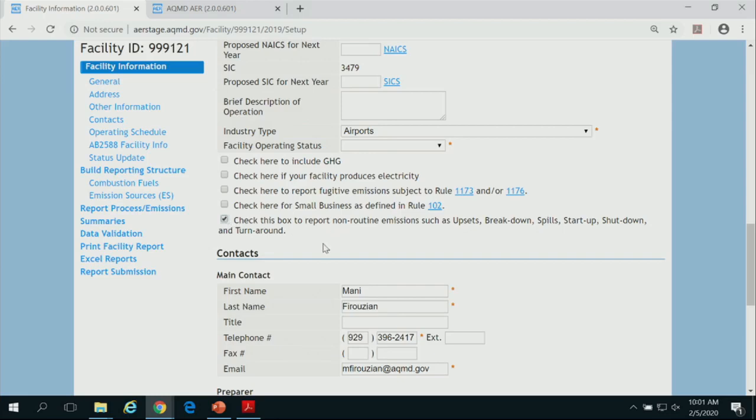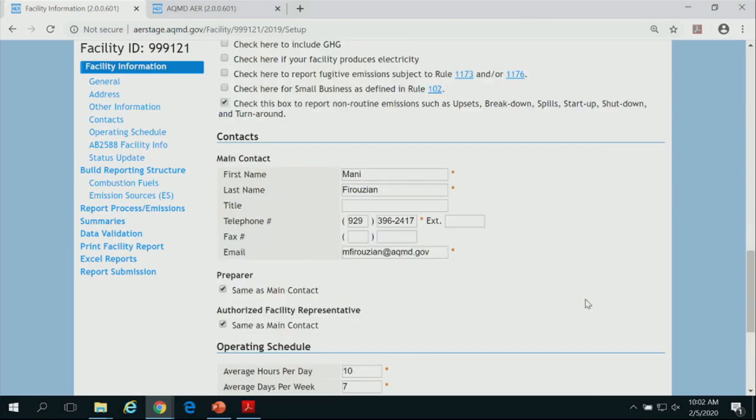If you have quantified it, I would say, as we indicated, any emission that you have at your facility, permitted or non-permitted, that feature was added. Let's say I have a combustion turbine. My startup and shutdown has totally different emission factors than your routine operation, so you can separate these two. But what that functionality does, for all the equipment that you claim is going to have non-routine emissions, is add a section to the report to allow you to report that emission separately.